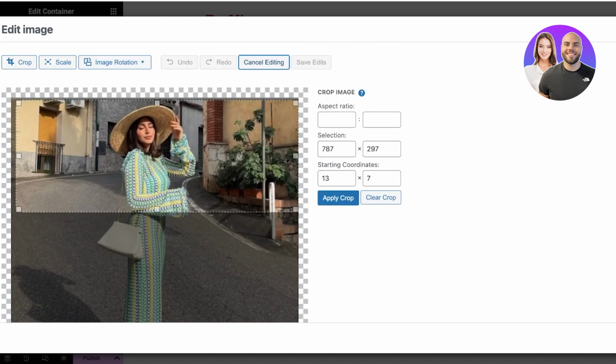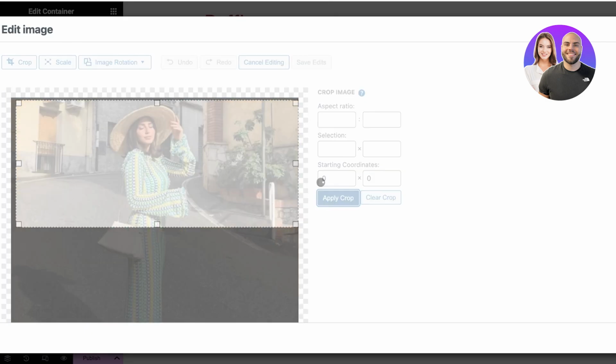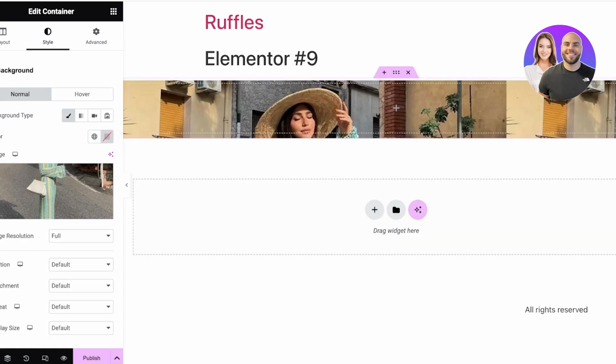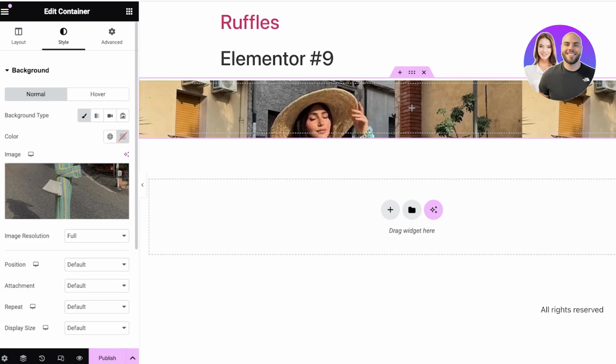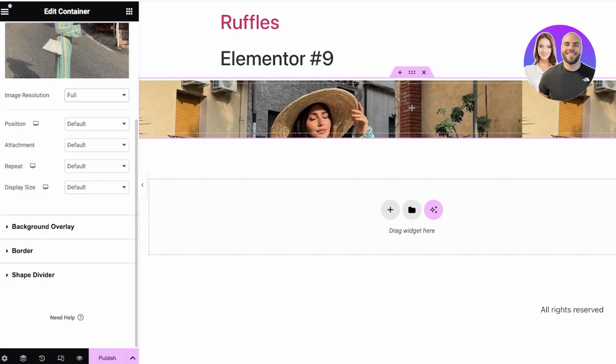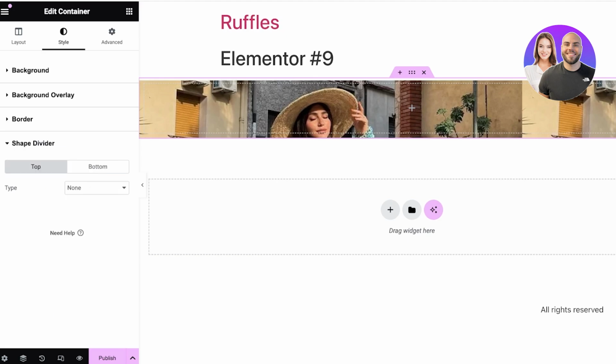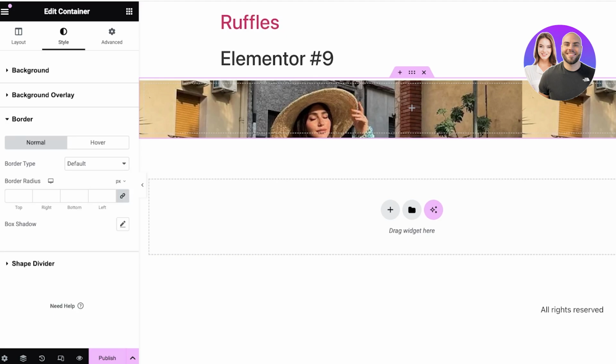I'll crop it like this. So this is like the only section. And then I'll click on Apply Crop. Now I can go into Back, and then I'll click on Select over here like this. Now, once you do that, you might wonder, hey, how do I increase the size for this? To actually edit the sizing of this, you are supposed to edit the padding that is present within the